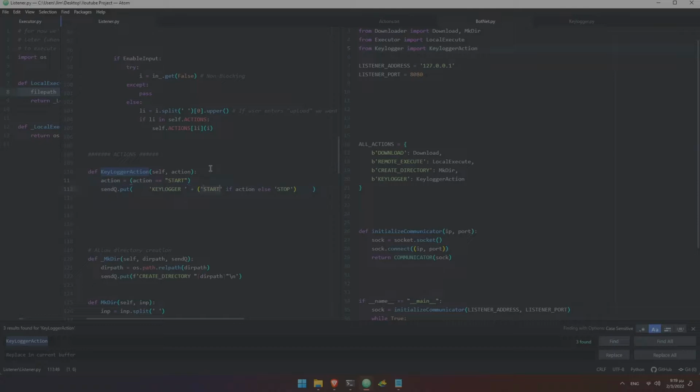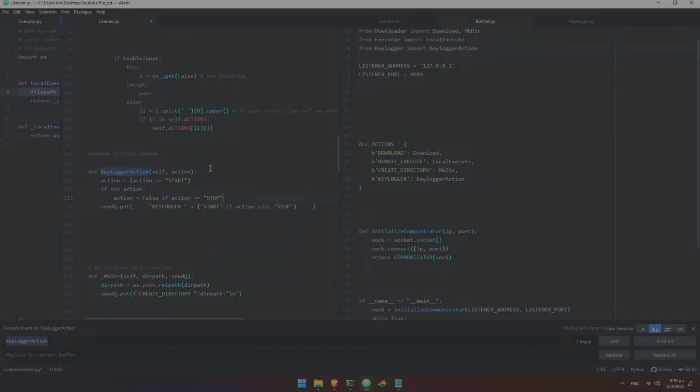And now again, okay, that's a bit, yeah, but if not action equals false, if action equals stop,